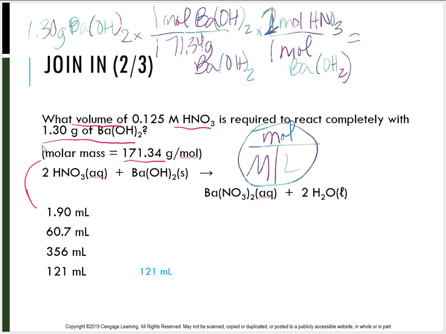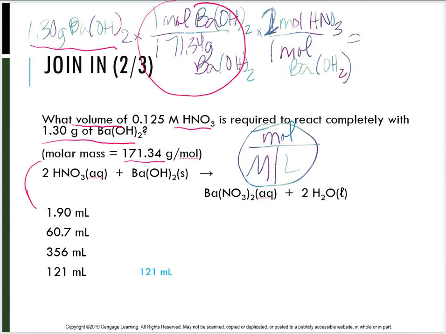I started with what I was given, though, 1.30 grams of barium hydroxide. So that's my starting point. So if I've got grams, I'm going to go grams to moles using that molar mass that we were given. So this is going from grams to moles of barium hydroxide to cancel out grams. Now I got to have my moles of barium hydroxide on the bottom, and we can see that there's 1 mole of barium hydroxide for 2 moles of HNO3. Now when I do this, cross and cross, that's going to leave me with moles of HNO3. And when I do that, I got 0.01517